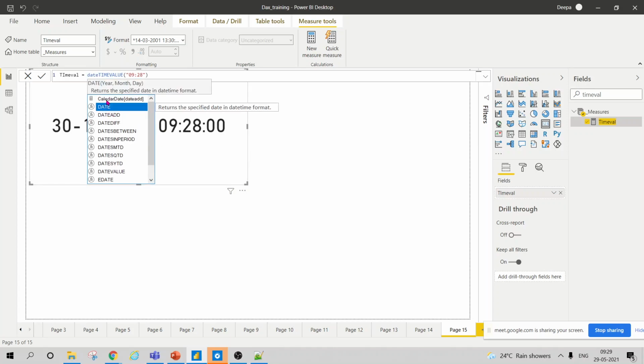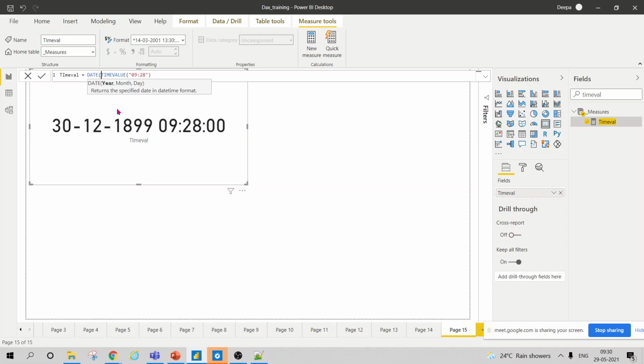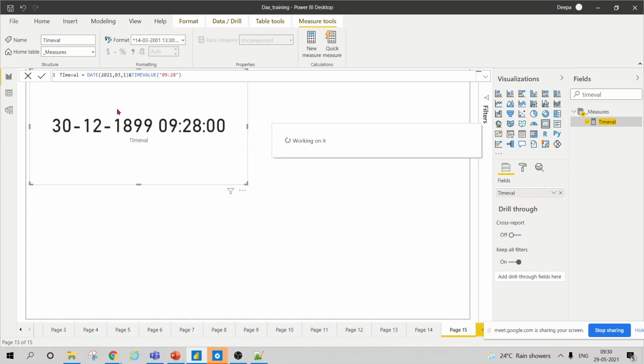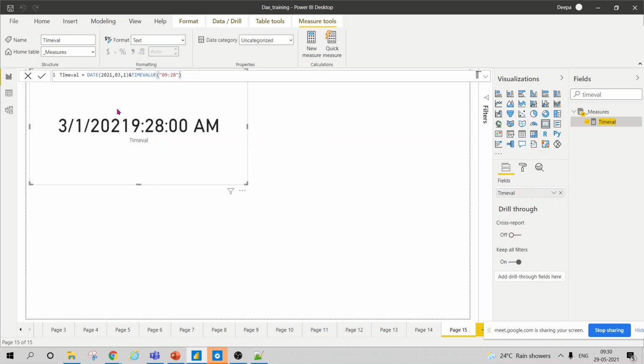You can use your own date, 2021, month and day, and concatenate with your time. Let's see what it gives. Now we are forcing it to give our time and our date, right?